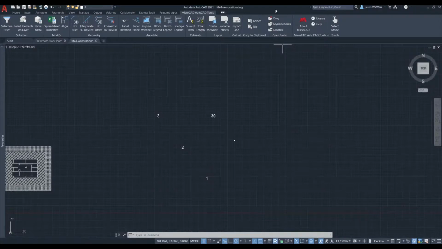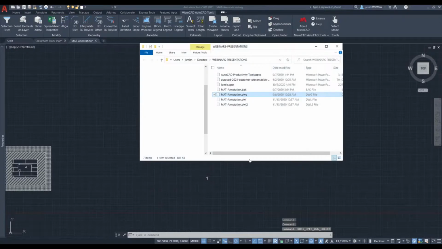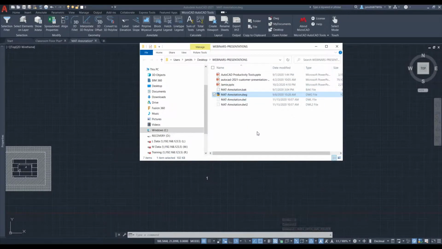The next panel here, the open folder. This one works the same way as these ones, but it'll actually open up a folder. So if I click on this DWG, this is going to open the exact location of where this drawing lives on my machine. So again, really helpful if you can't find where your drawings are,